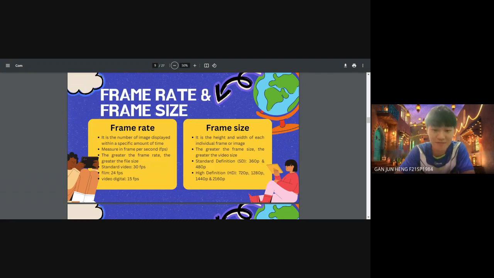Now let's see the frame size. Frame size is the height and width of each individual frame or image. Same as frame rate, the greater the frame size, the greater the video size. We categorize it into two kinds of definition: standard definition, which is SD, which stems from 360p and 480p. For HD, high definition, there's around 720p until the